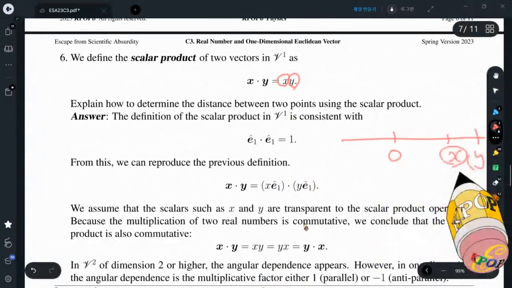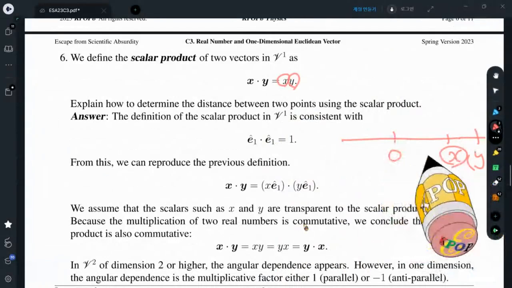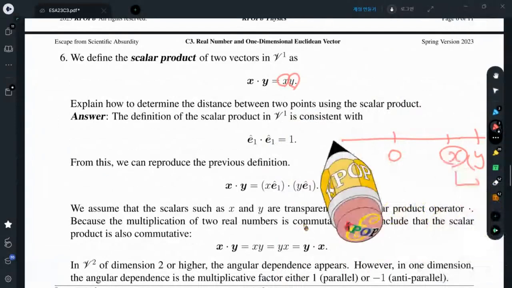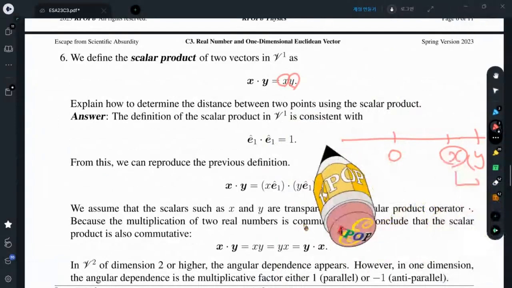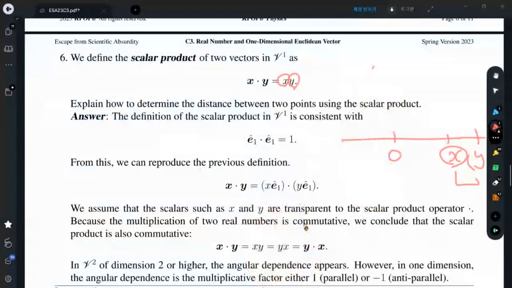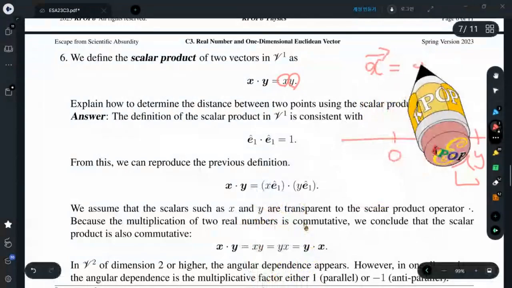If they are on the same side relative to the origin, then scalar product is just a product. If they are on opposite sides, one is positive, the other is negative. For example, a vector is